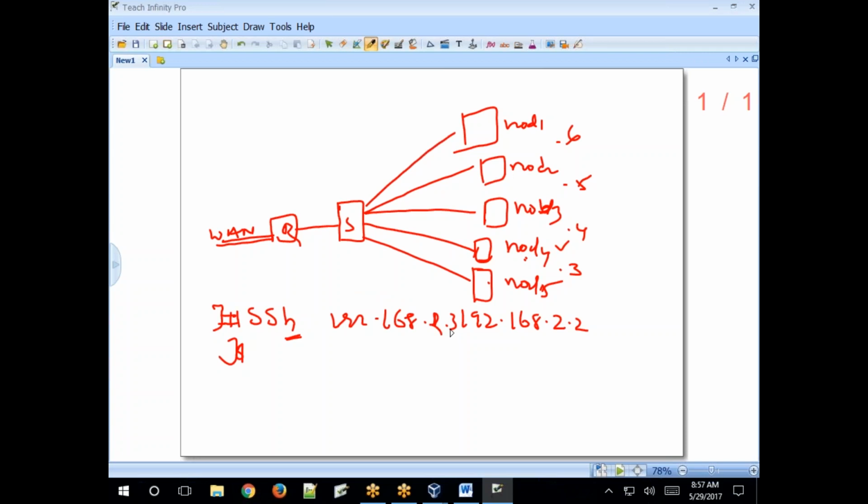When you hit enter, it will prompt for a password. Which password? By default, the root user password. Here, we have not specified any username as a prefix, just the IP address of the host system. From this host, we are taking remote access to node 4 using the SSH command. Then you will get a prompt.